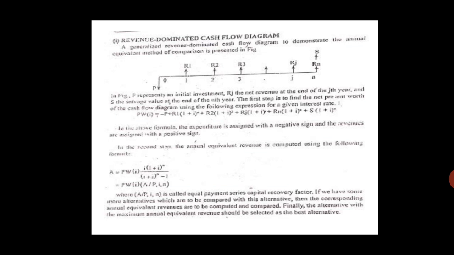In the second step, the annual equivalent revenue is computed using the following formula. So once you find out the present worth, then using this formula, PW, for the interest rate I, (1 plus I) raised to n into I divided by (1 plus I) raised to n minus 1. So this is the formula which we are using to find out the